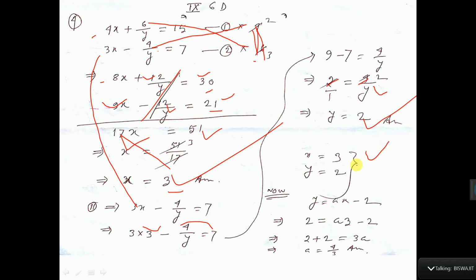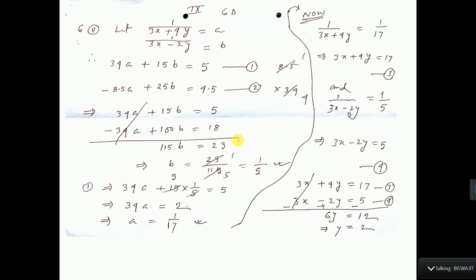Now the question is how to find a. So value of y and x you put 3 and 2, then you will get 3a, because 2 is coming this side 4, so a will come that side by 3. Now see, in that question I have not written here, see the book. I have considered 1 by 3x plus 4y equal to a, 1 by 3x minus 2y equal to b. Then the question is coming in this way. Then you make the coefficient equal, I am removing a, so 8.5 you multiply here, 34 you multiply there.